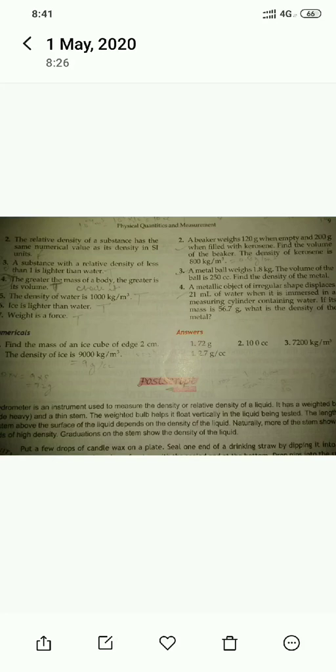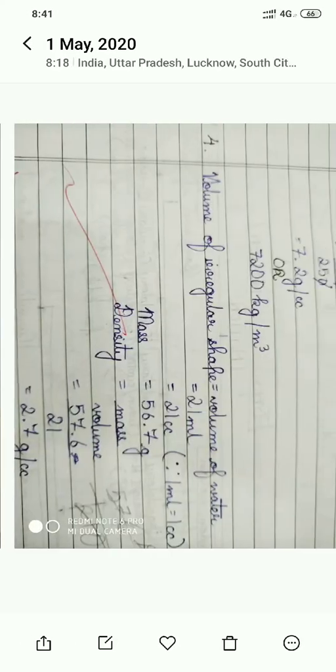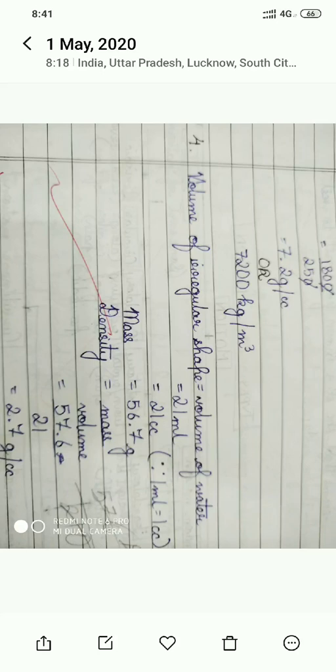So we have the volume 21 milliliter, and you know that the unit of volume is liter or milliliter also. Now mass is given, 56.7 gram, and you have to find out the density. What did I tell you? When the mass is in gram, the volume should be in centimeter cube. That means we need to convert 21 milliliter into centimeter cube. This you need to know: 1 milliliter is equal to 1 centimeter cube.